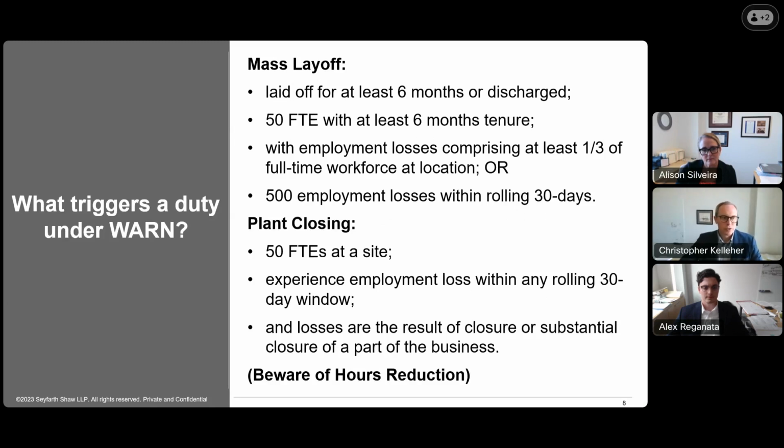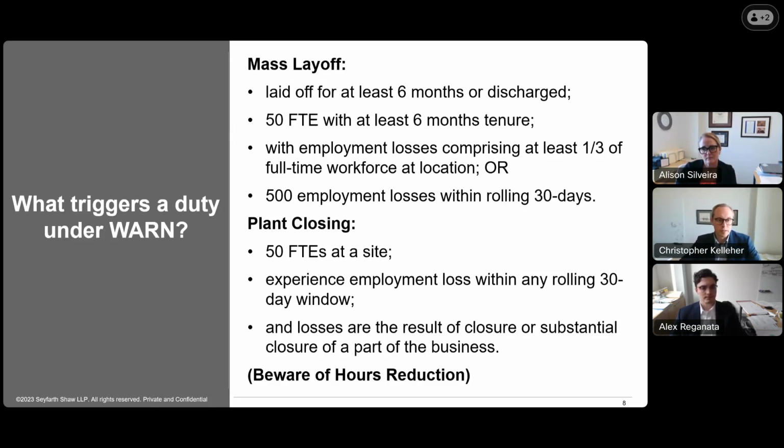So what triggers a WARN notice? There are two main triggering events, and that's mass layoff and a plant closing. And we'll discuss a few nuances to this as well. But a mass layoff is when a covered employer